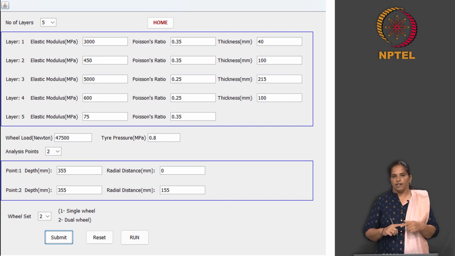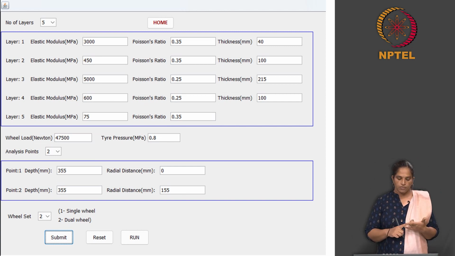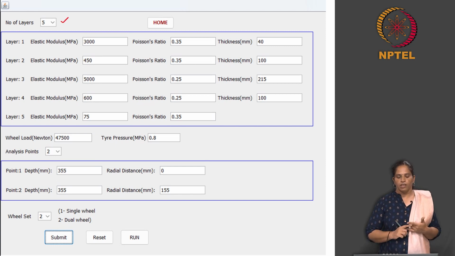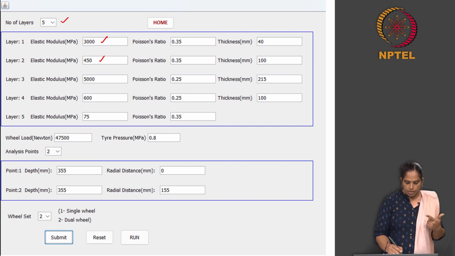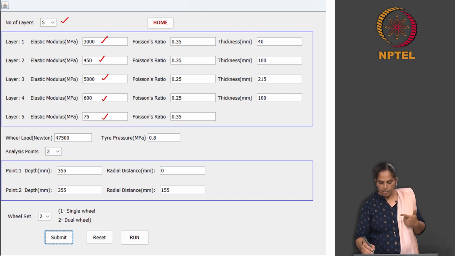So, this is again a 5-layered structure, because this is after completion of construction. So it is considered as a 5-layered structure. The top is a BC layer, the second layer is a crack relief layer, third layer is cement treated base, fourth layer is cement treated sub base, and fifth layer is a subgrade layer, and the effective thickness of each